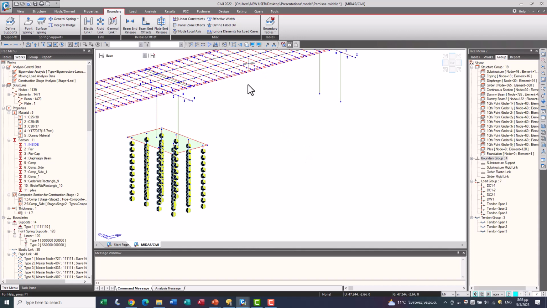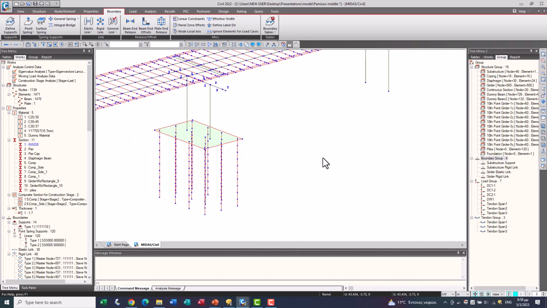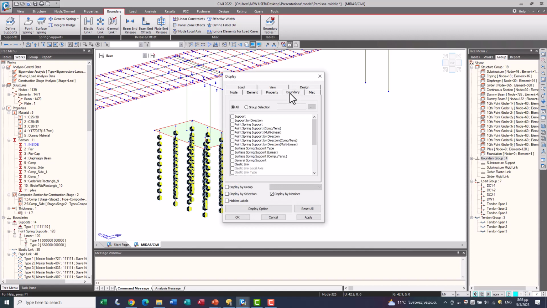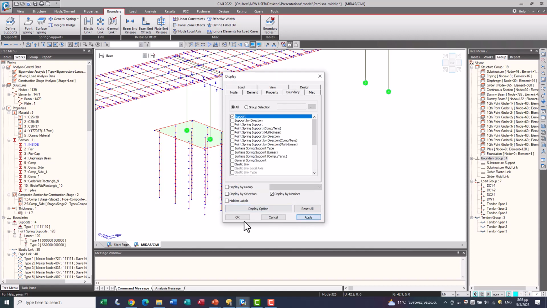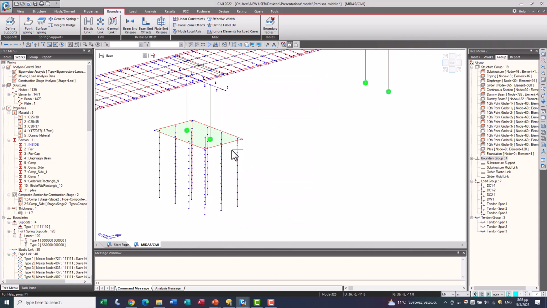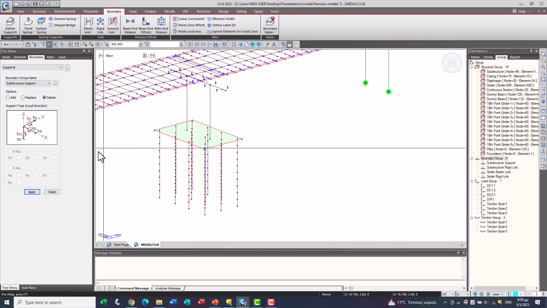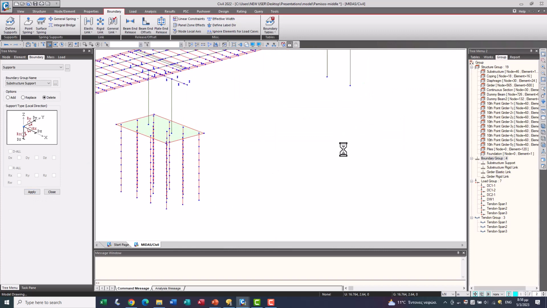Also now, because from the bridge wizard we have supports here, these supports must be deleted now. Okay.